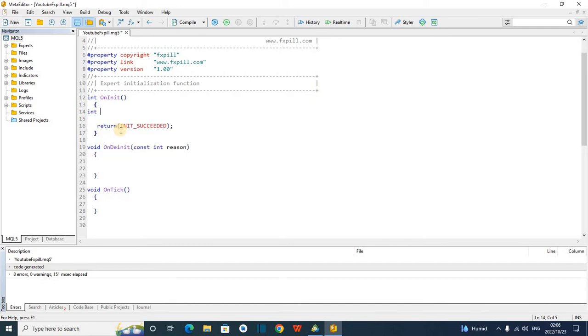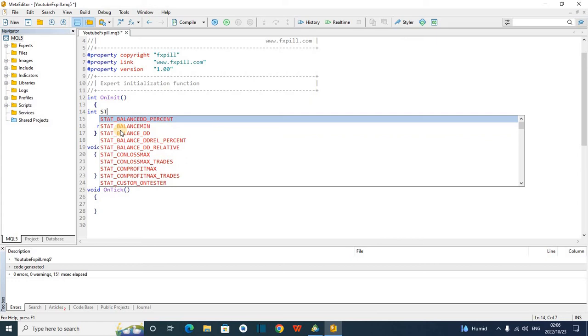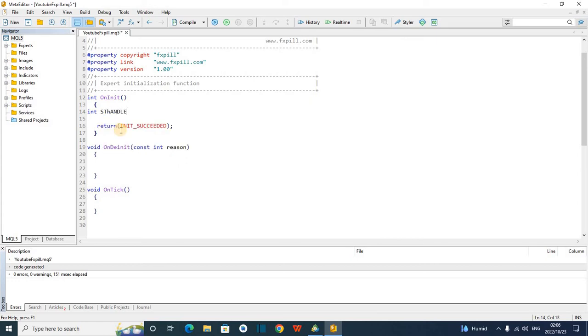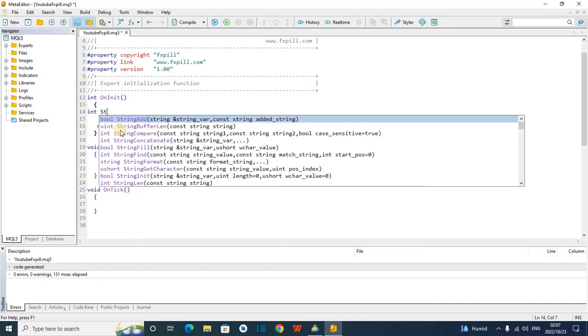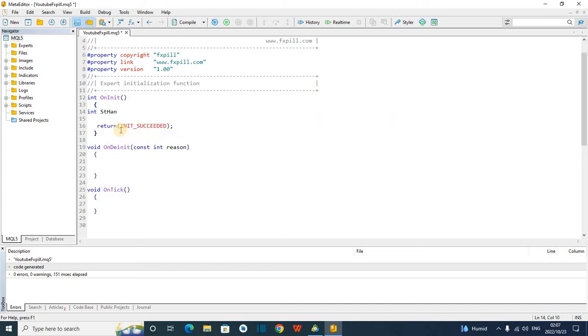You are going to begin with the handle, and I'll just say ST handle, to make things simple, because maybe I can't spell stochastics. I'm even struggling to pronounce it. Okay, so I'll just say ST handle, and it equals to